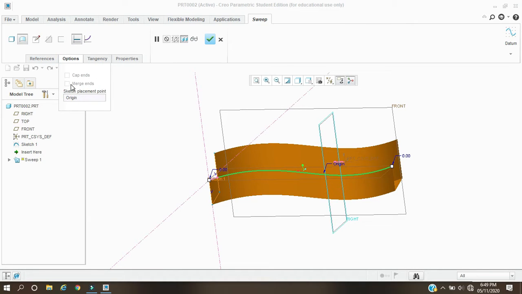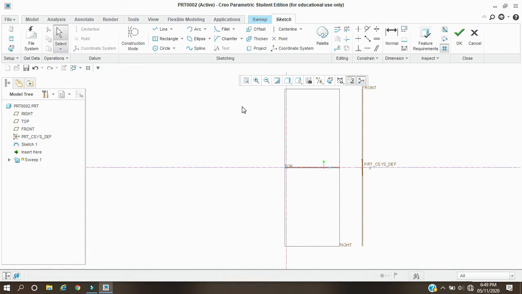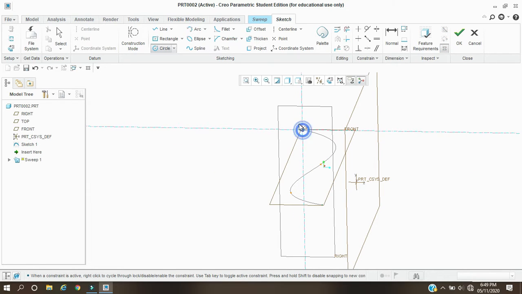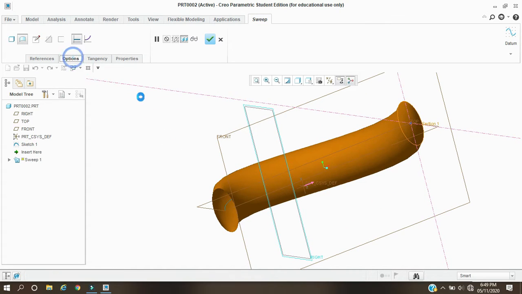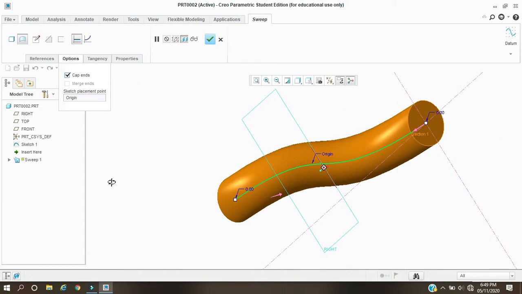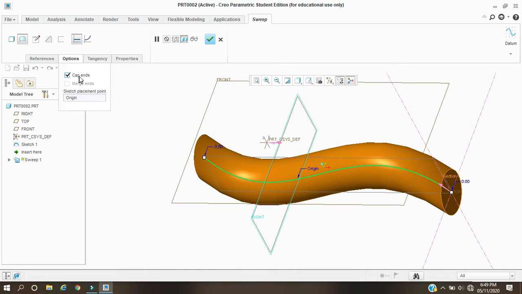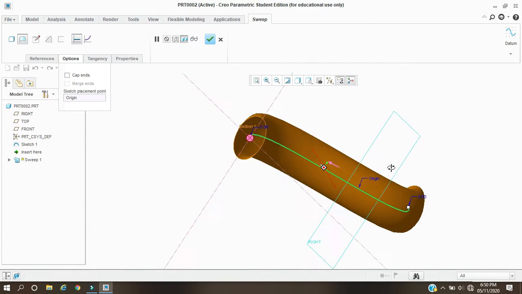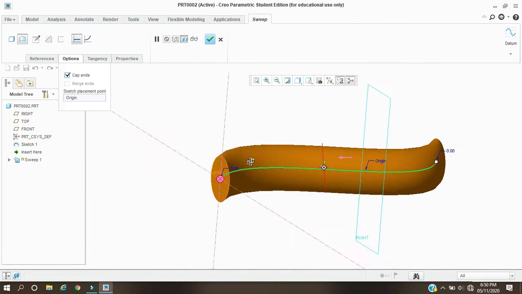And here is another option, merge, and for merge we need to draw the closed cross section. For example, I am going to draw a circle as a cross section and change to surface. Here is the option, that is end caps. Now you can see the cap of this sweep is closed up, or if you want to unselect this, the open section is there. If you turn it on, the cap is generated and the faces get closed up.